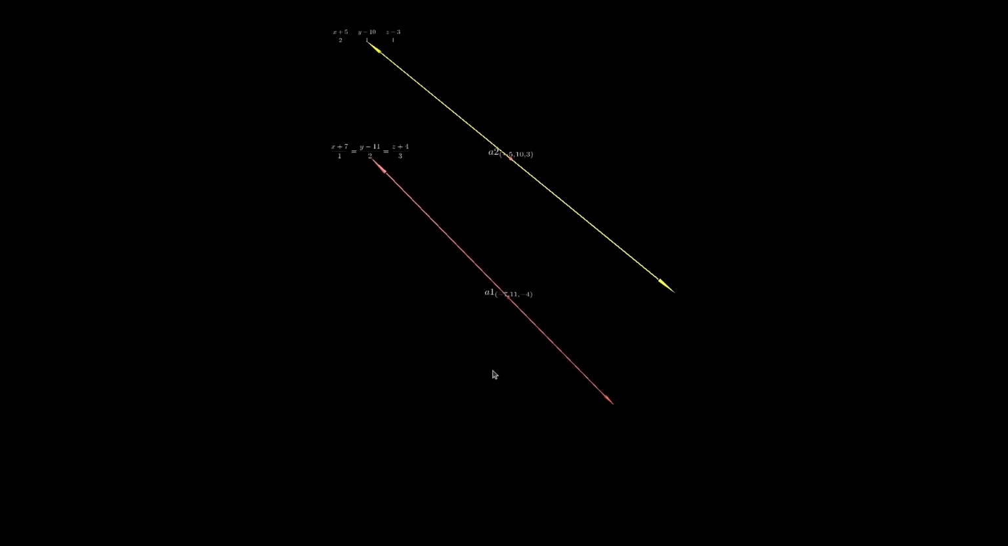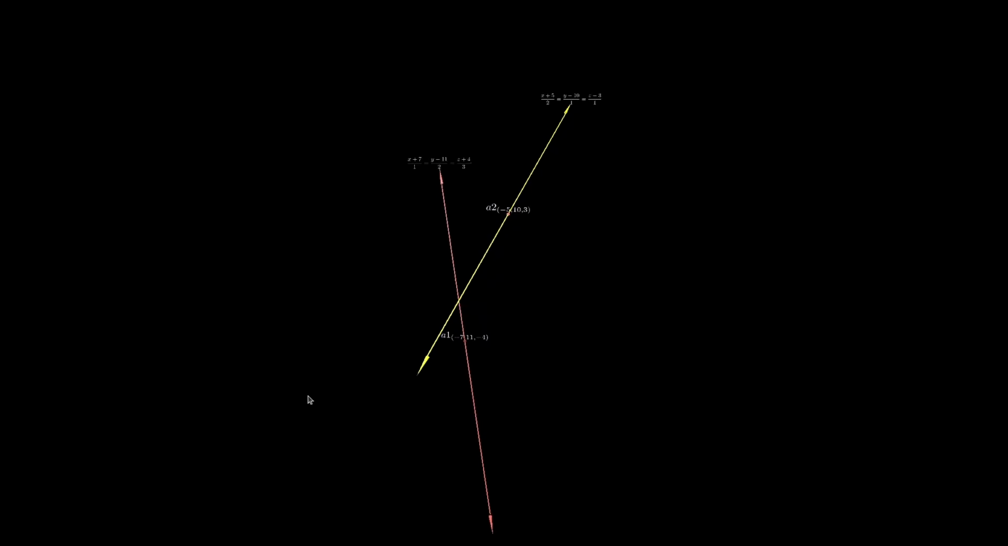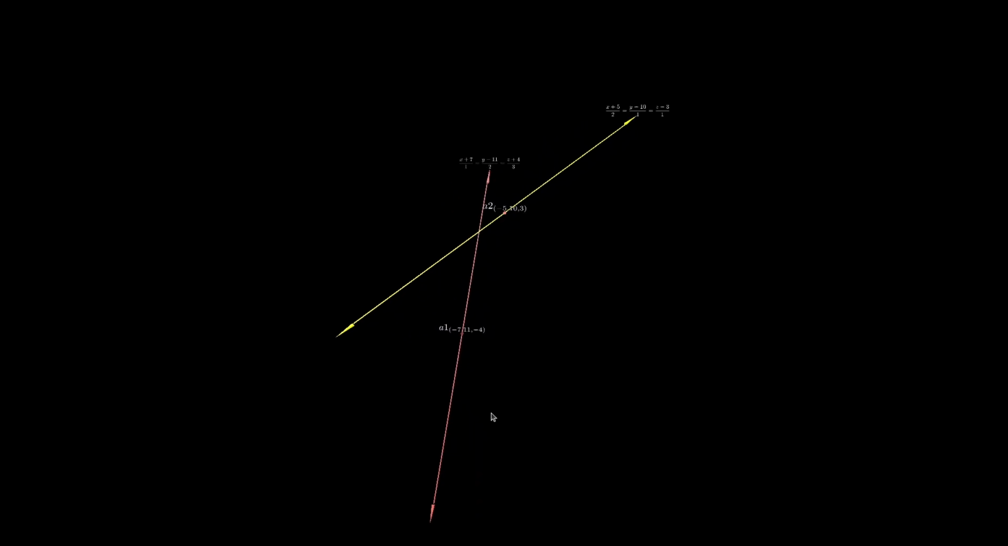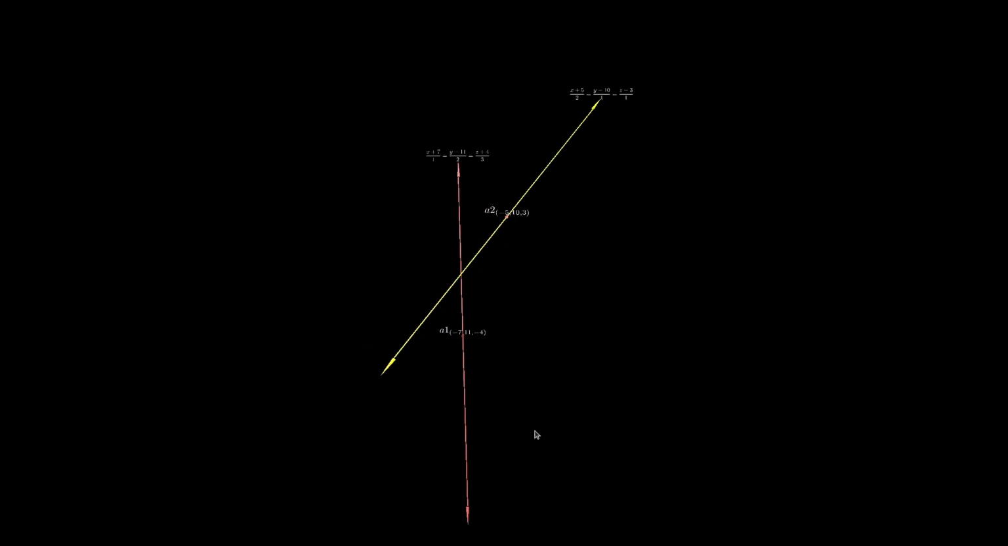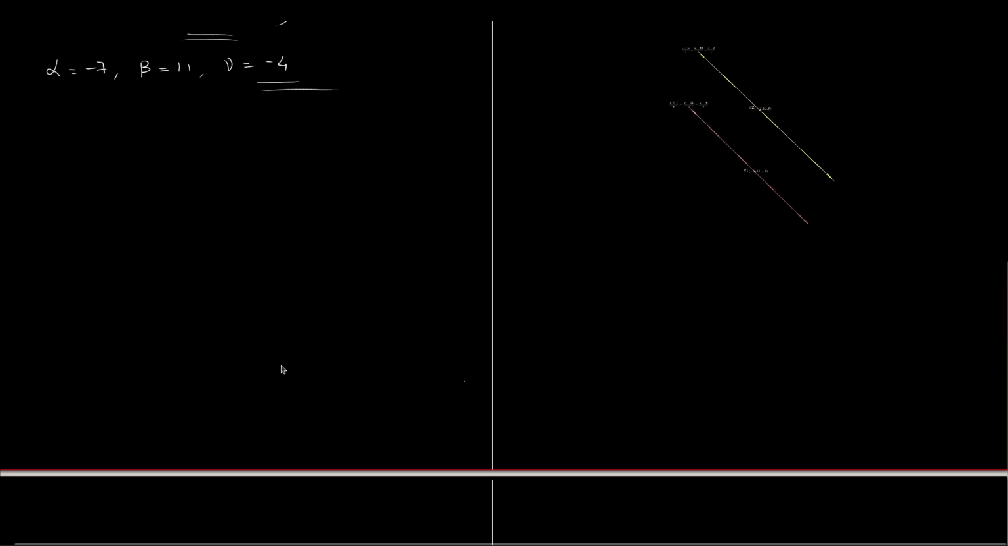Let us find the shortest distance between these 2 lines. From this animation we can see that both these lines are skew lines. So for skew lines, what is the formula? The formula of shortest distance is